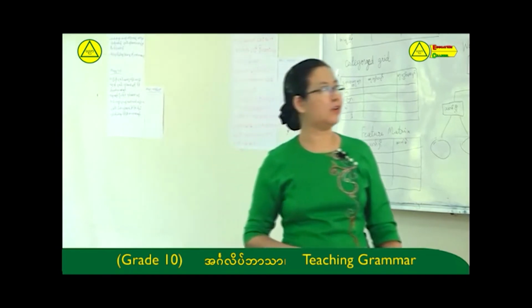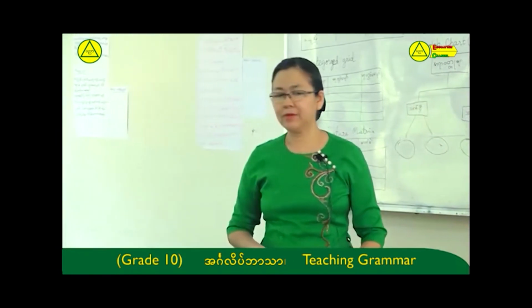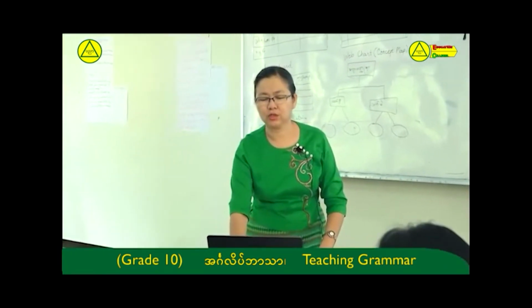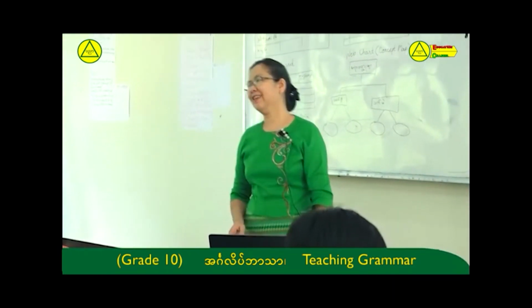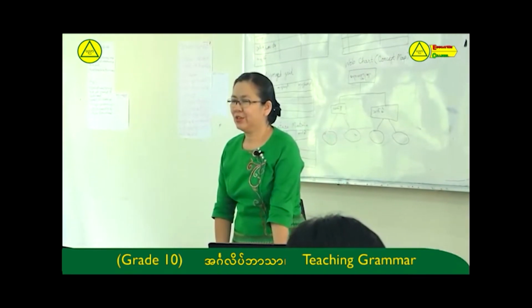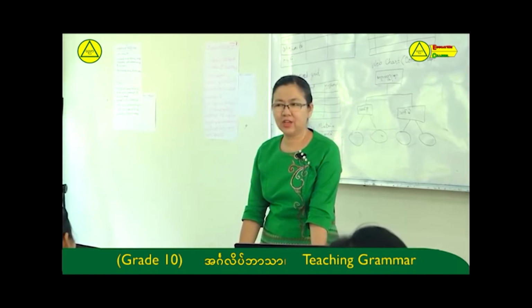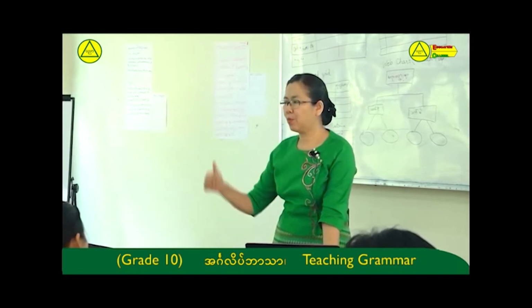Okay, so now you understand the three types, and this is their use. Okay, so to wind up, how many types of conditional sentences are there? 3 types: type 1, 2